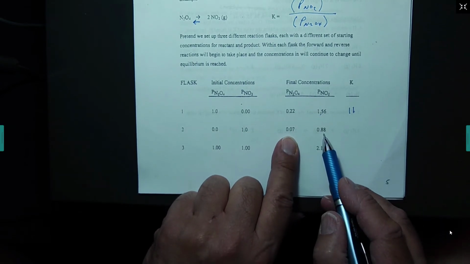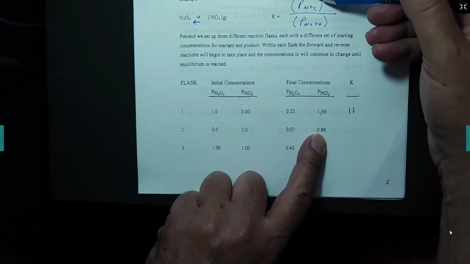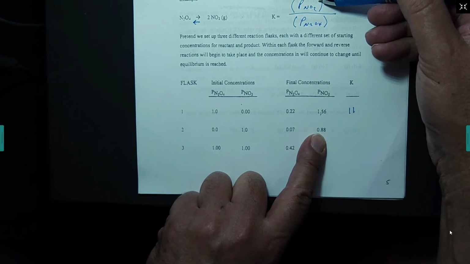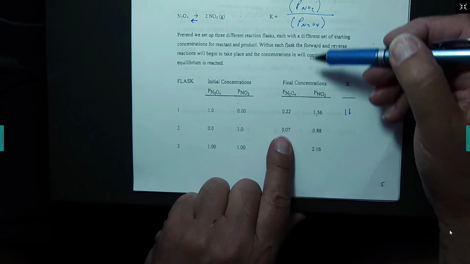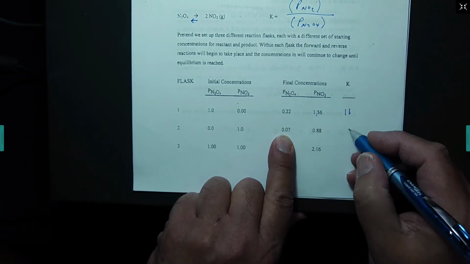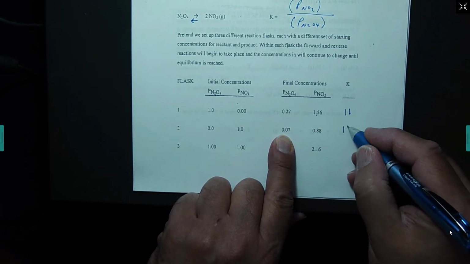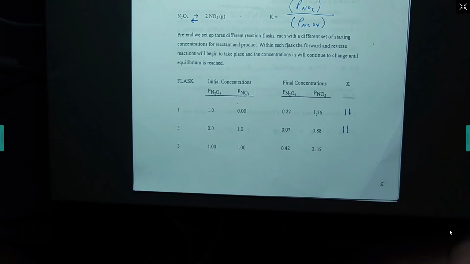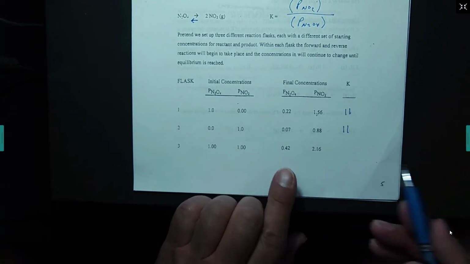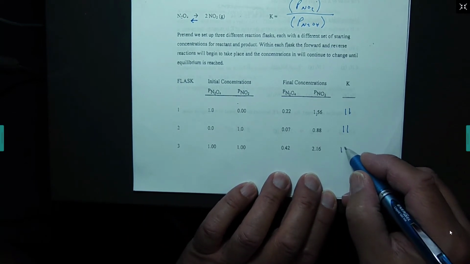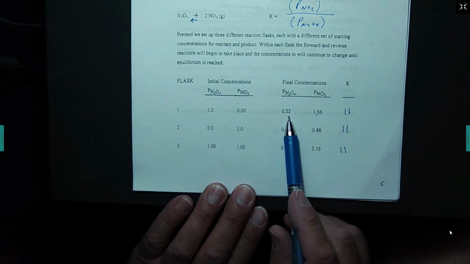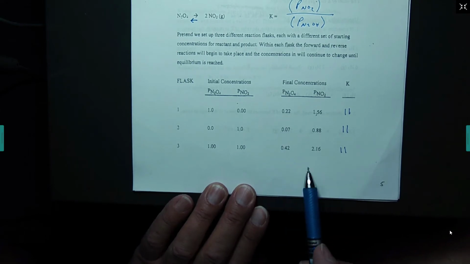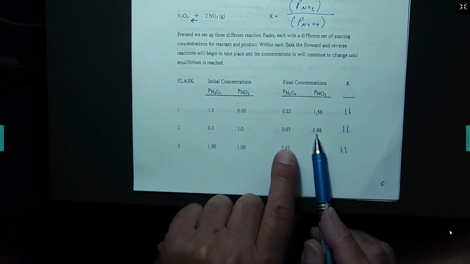If I take these concentrations, plug in 0.88 and square it, and for N2O4 I plug in 0.07 and do the math, I end up with 11. In this situation here, guess what? You plug those numbers in, you get 11. So even though the final situation in each flask is completely different, with different concentrations of things,